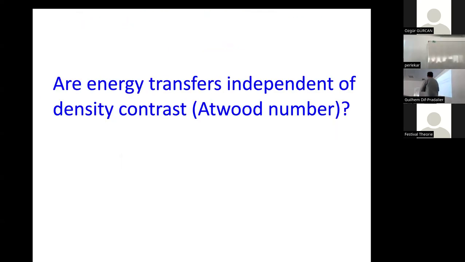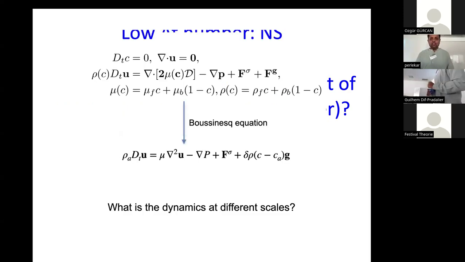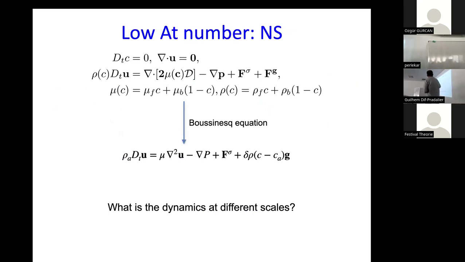So now let's ask ourselves the more detailed question. How do I explain the origin of -5/3 scaling? And when I say explain, again, this is going to be numerics aiding some analysis. I won't claim or even dream of claiming that what I'm going to tell you is a theory. So let's start by looking at small Atwood number, which is where the density contrast is small.